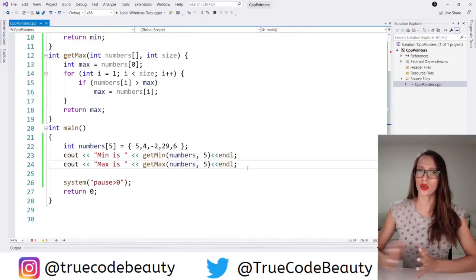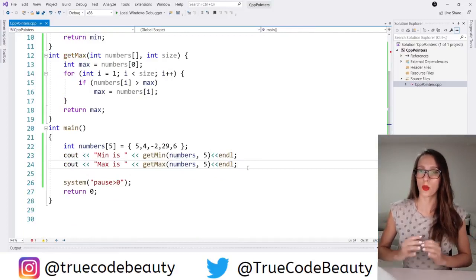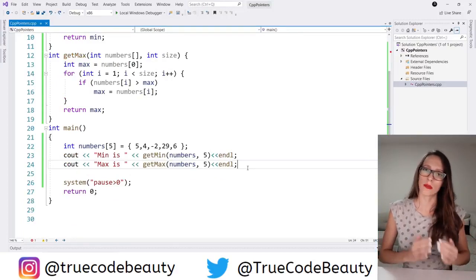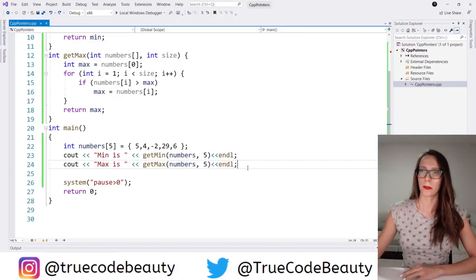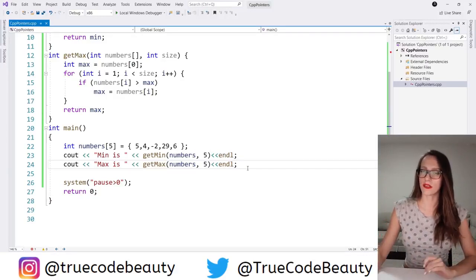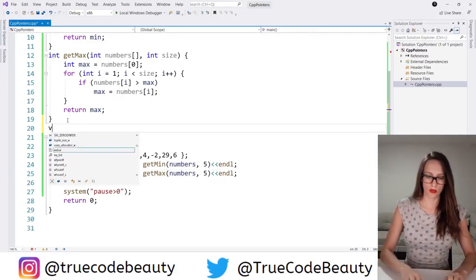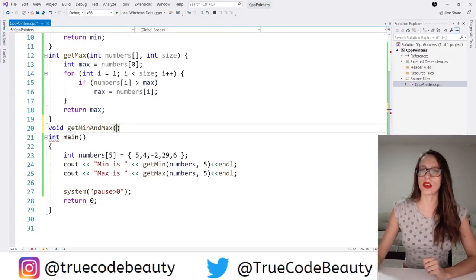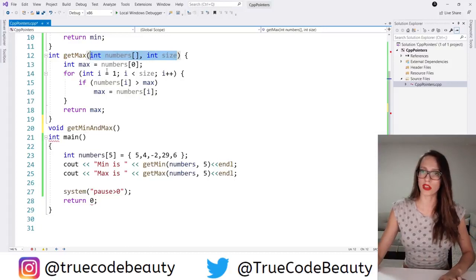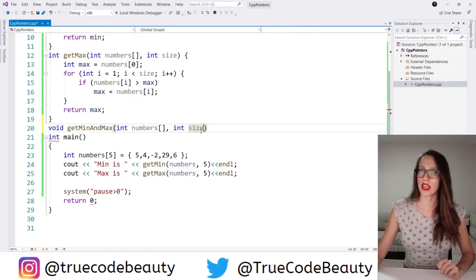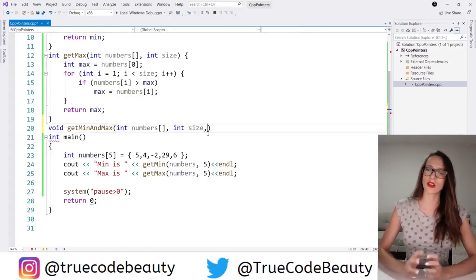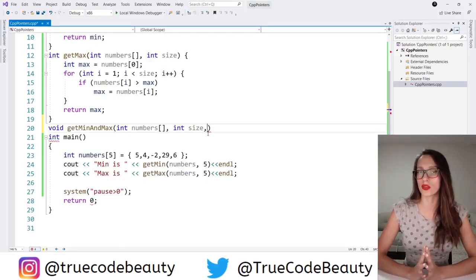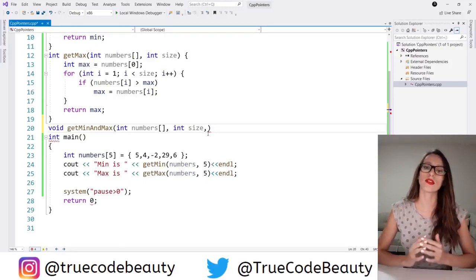So now what I want to show you is how you can use one function only to get both min and max number. So let's do that. Let's create a function which we will name void get min and max, like this. And this function is going to receive, like these two previous functions, our numbers array and the size of the array. And then considering that we want to return two values from our function, we will have to pass those